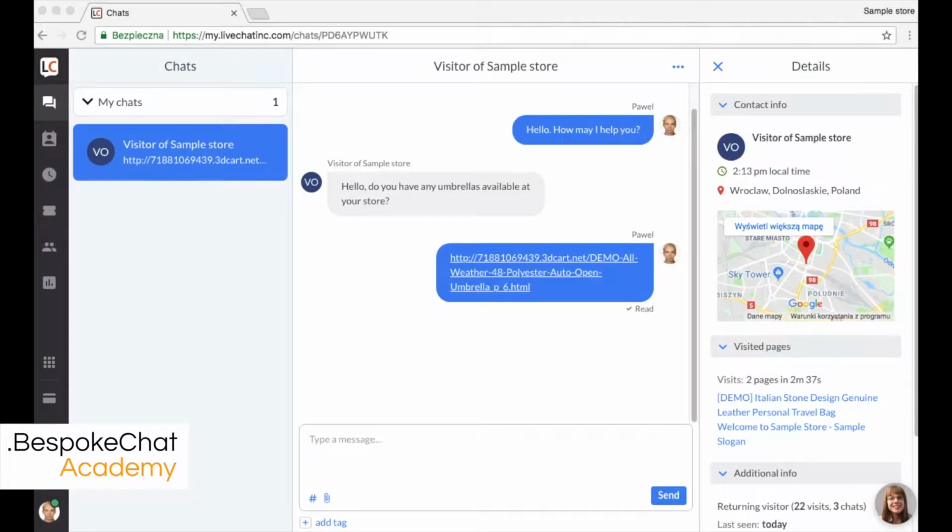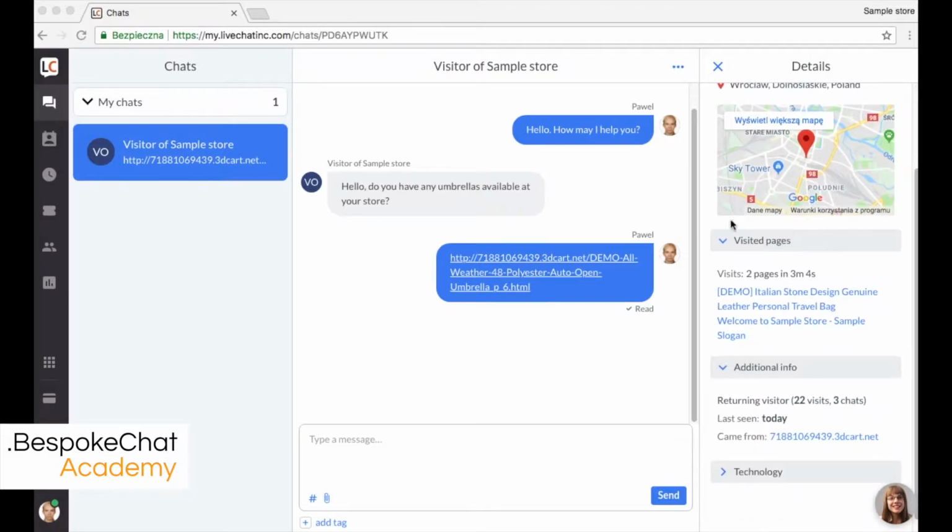To be sure that you are using software in the best way, you should be able to get as much information about your customer as possible. I'll show you the main things that you can easily guess from the software and the things that will help you to run the conversation. On the right hand, in the live chat, you have information where from the customer is writing,